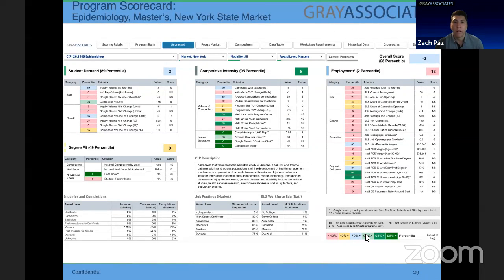One thing we've done, we walk through each of the sections, but we just wanted to give you an example of one of the entire scorecard. This is a lot on one page. We did that on purpose, taking into account that it's one of the most efficient ways to be able to evaluate and compare a program, not only overall, but on each individual metric as well.